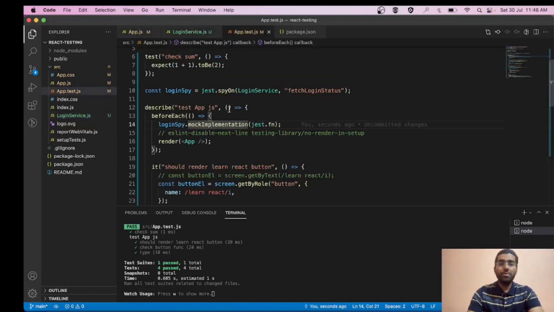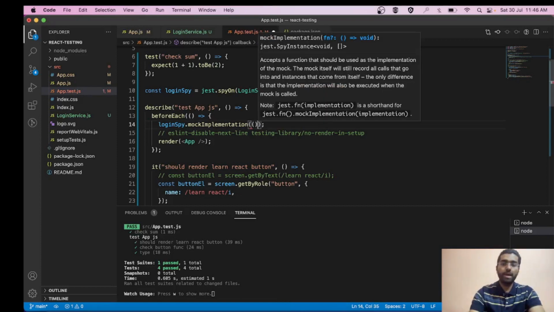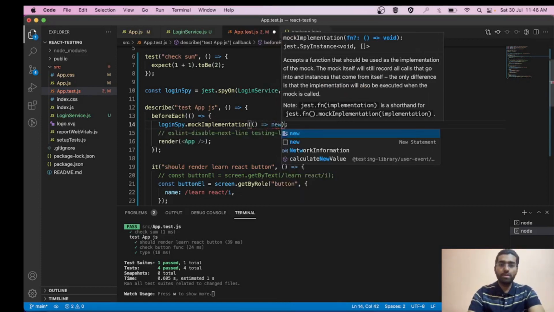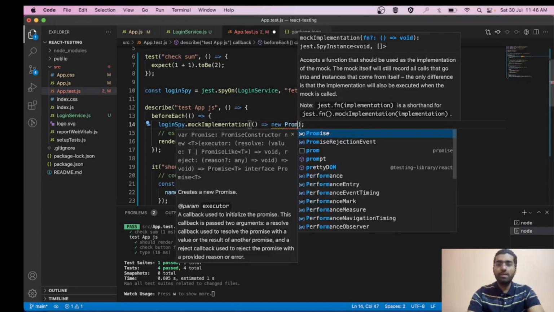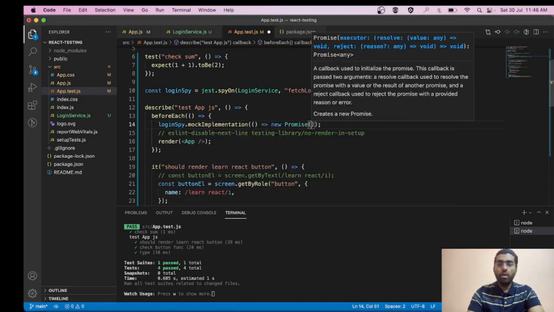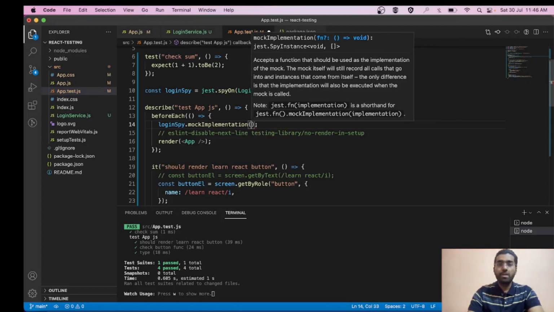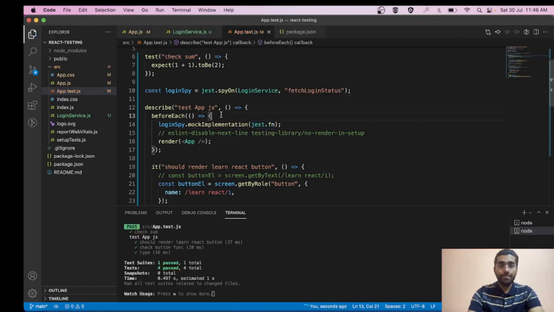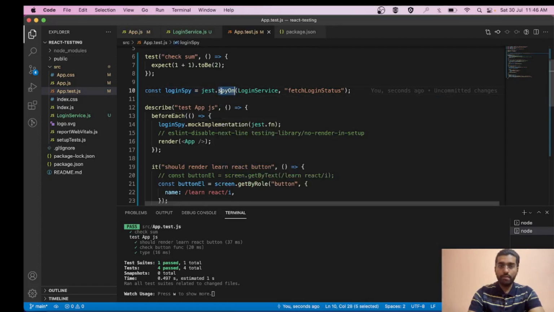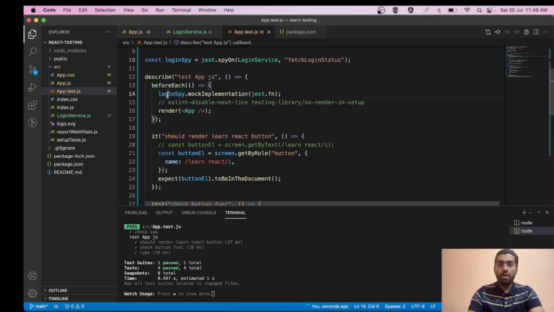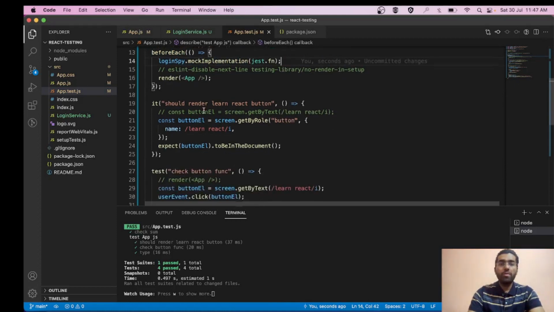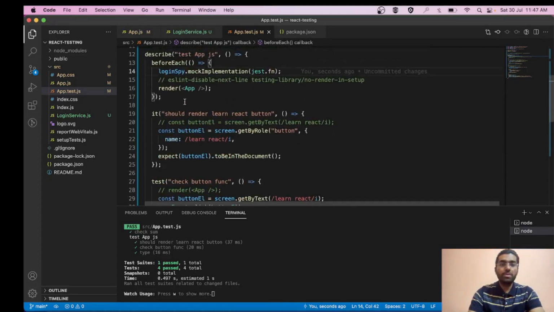If you are using a post request, you can create a custom function, like a simple callback, that will return a promise, and inside that simply resolve whatever data you want. Using that you can test your code. So we have used spyOn over here, and then we are providing a mock implementation for our spy.